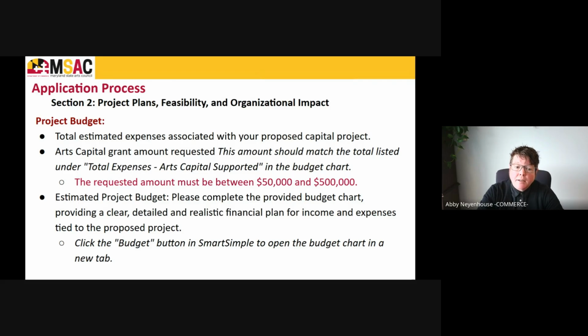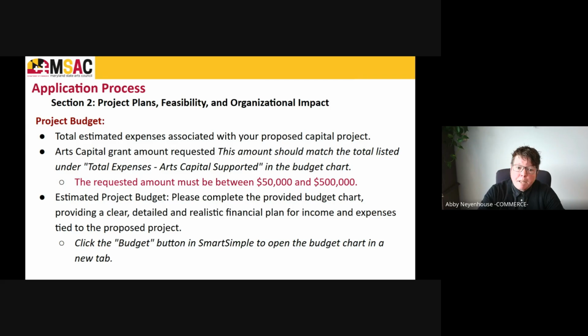We understand that some projects may fall way outside of the funding of $500,000 as the max, so we want to make sure that we have all total expenses that you expect to need to complete the project.